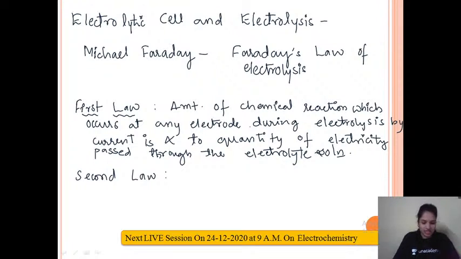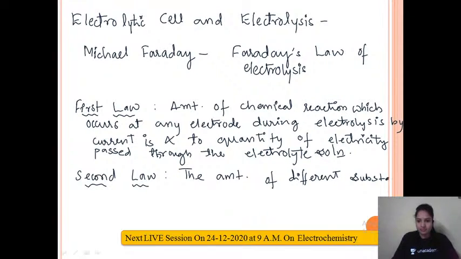Right? What is the second law? The second law is nothing but the amounts of different substances. Now this is the reaction that is happening. After the reaction happens, there should be something that is produced. That is the product that has to be produced. So that is relating to the second law. What the second law states, the amount of different substances